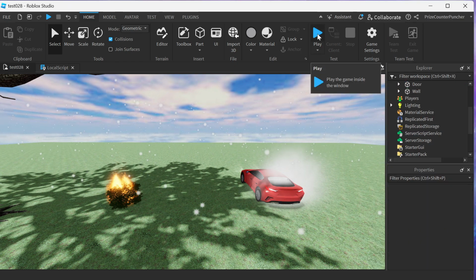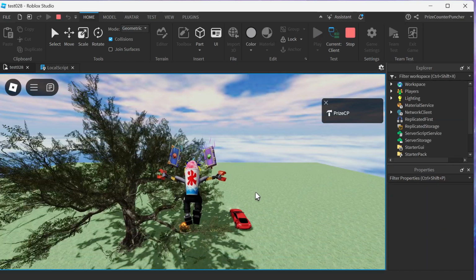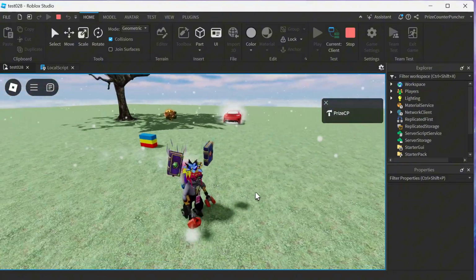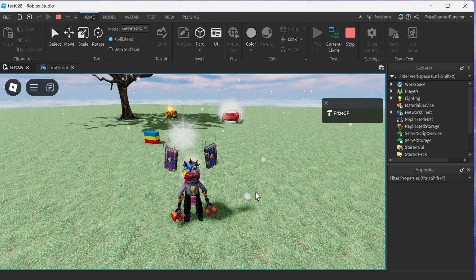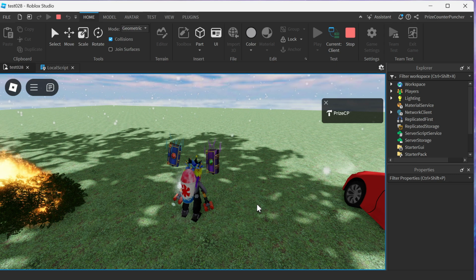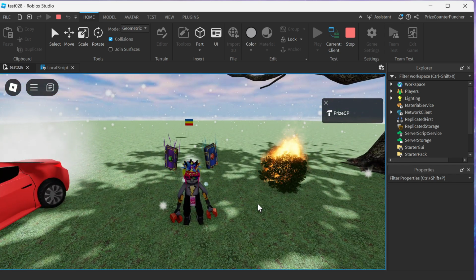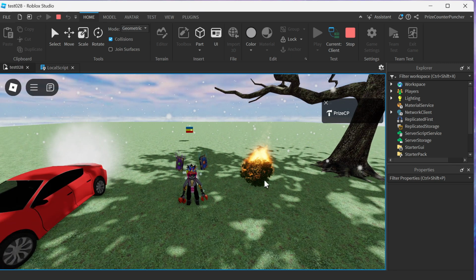Let's now play test and take a look. So let me run away. I'm gonna be over here. And now I'm gonna press the T key to teleport. You can see it has teleported me to that same location where we placed the part before, between the car